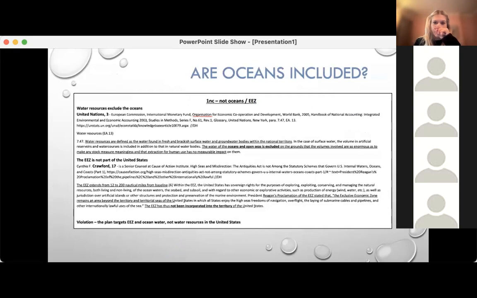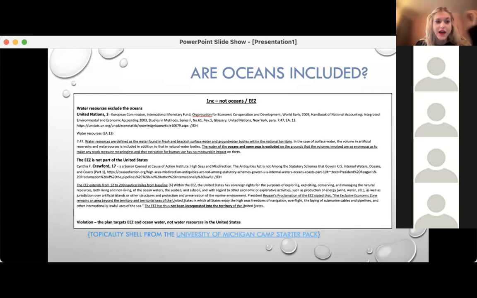And so I wanted to give a little sneak peek at an argument you might see. This is in the form of a topicality shell. Darcel talked yesterday about topicality, or defining, using cards and research, what the topic is. This was taken from the University of Michigan Camp Starter Pack. I included a link for that at the bottom. It's also linked on our website, but this is just a topicality shell that would be read against an AF if the AF said that they target the water outside of the US in the ocean.